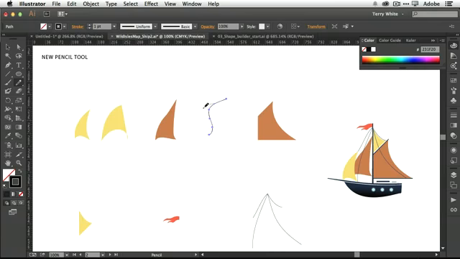Now, that's just my favorite new tool in Illustrator CC. And again, that pencil tool's been there for years, as far back in Illustrator as I can remember, but the fidelity option is new. While we're on the subject, I'm also going to show you a bonus